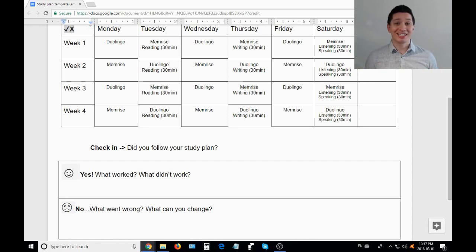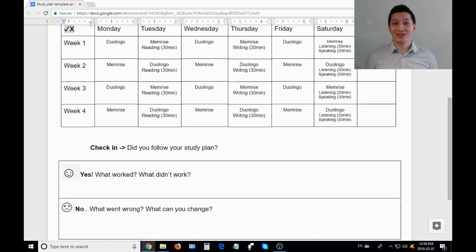What happens a lot is students get really excited and they write down way too many things, and then they get overwhelmed and forget about the study plan. We don't want that. We're just aiming for the bare minimum. But that doesn't mean you have to do the bare minimum. On a certain day, if you have a lot of energy and you feel like studying more, you can keep studying, and then that becomes a bonus. Something extra, which is nice.